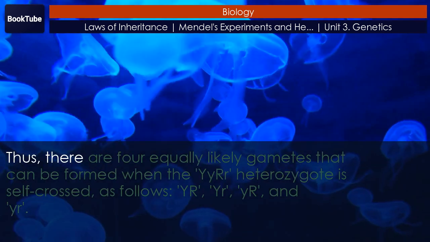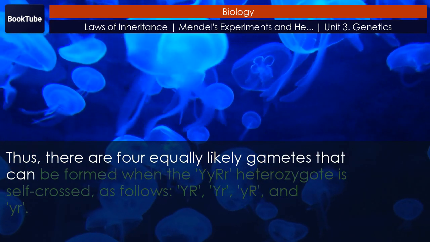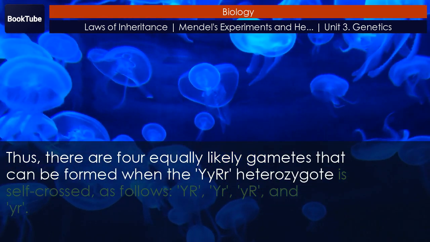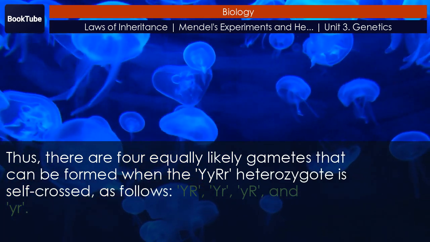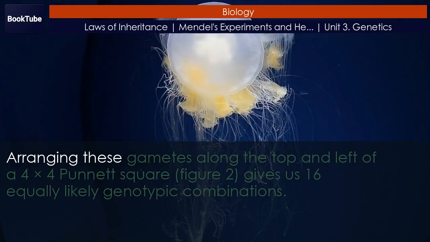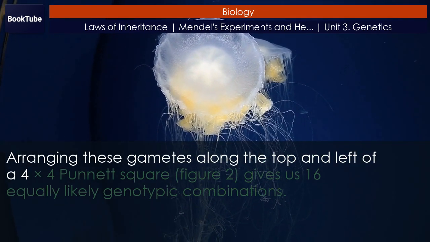Thus, there are 4 equally likely gametes that can be formed when the YyRr heterozygote is self-crossed, as follows: YR, Yr, yR, and yr. Arranging these gametes along the top and left of a 4x4 Punnett square,